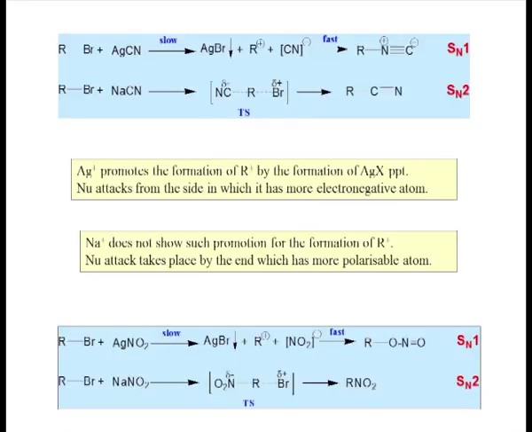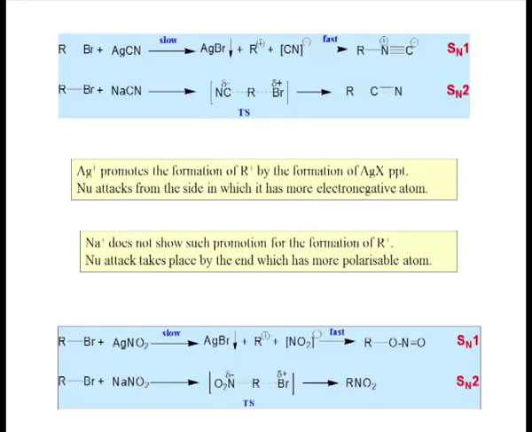So, carbon gets directly attached to R through the transition state like this, and you get RCN. So, very nice take. If you want to get RCN, follow sodium cyanide. If you want to get RNC, follow silver salt. This has been used in a number of other cases like RBr with silver nitrite, AgNO2, slow process, silver bromide, then fast process RONO, very nice, that is NO2 acting as RONO. We took NO2 yesterday and we found that NO2 could react as ONO. So, NO2 minus is a case where it is an ambident nucleophile. It might attack through nitrogen, it might attack through oxygen.